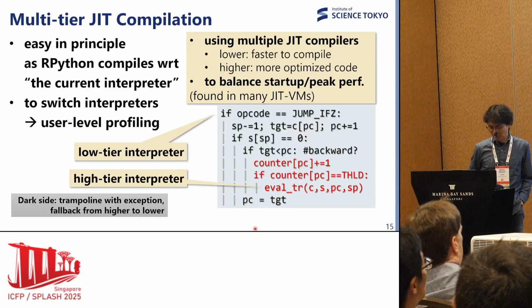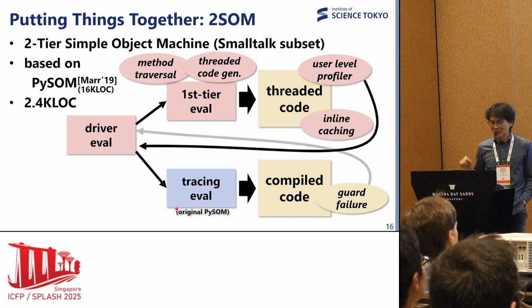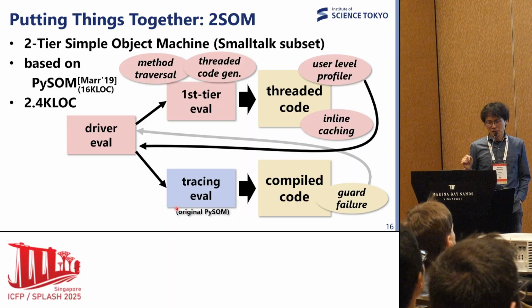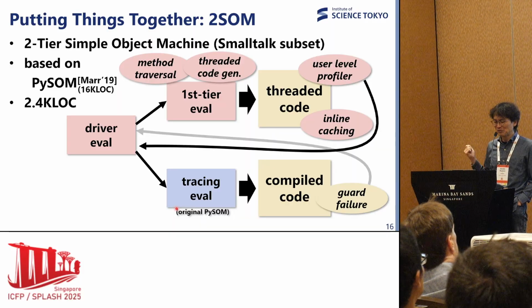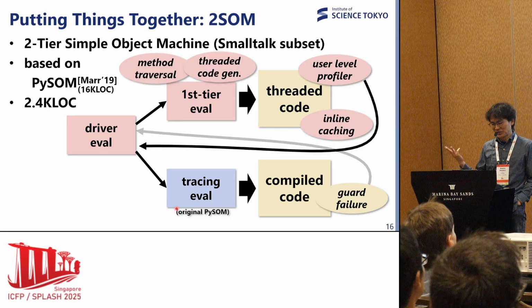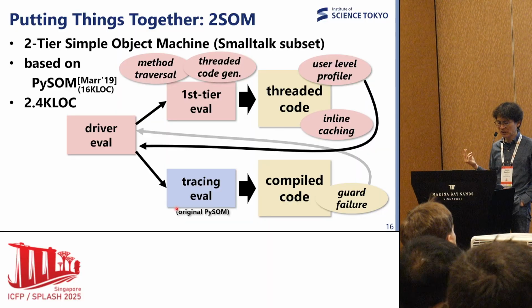I'm not going to read this dark slide, but there are many techniques to realize that. Putting those things together, we were able to implement two-level SOM, Simple Object Machine, which is a subset of Smalltalk,